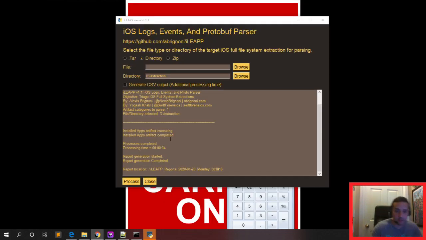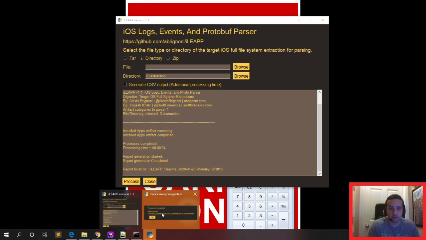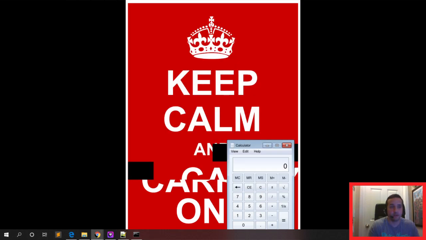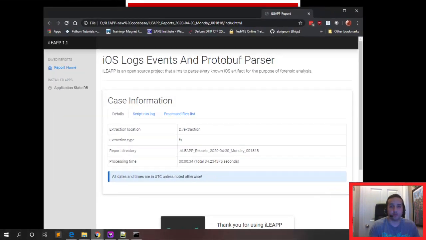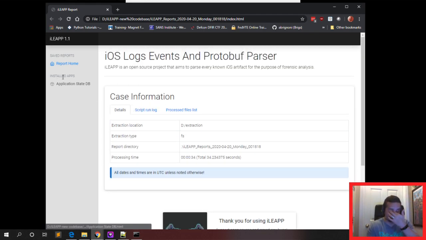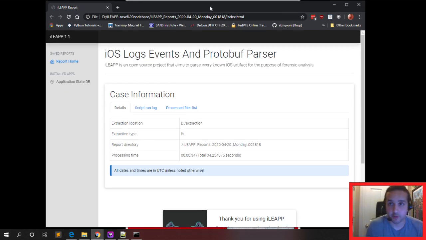All right, so you can see here our tool. Our tool finished processing. One artifact was completed. It gives you a little pop-up telling you it's done. And when you hit OK, it's going to bring up a browser with that information, right? This is how our tool runs. And again, I just did one artifact. The artifact that I'm drawing your attention to, and this is also on the blog for more details, is the application